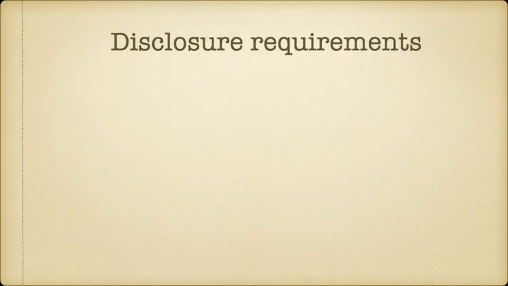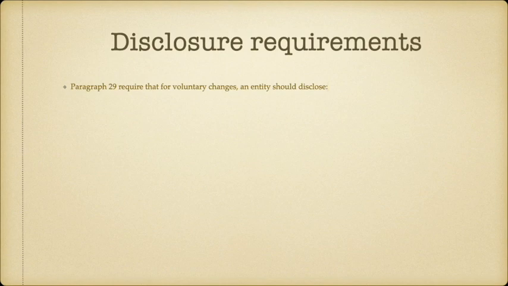Now, in terms of the disclosure requirements, they are given in paragraph 9, and they require that an entity is meant to disclose the nature of the change in accounting policy. So that means that the entity needs to explain what about the accounting policy has changed. So for example, if we think of our investment property, and that's the example we're going to look at, the entity has gone from the cost model to the fair value model. So you have to explain the nature of the change.